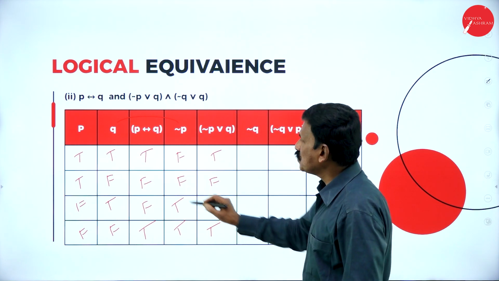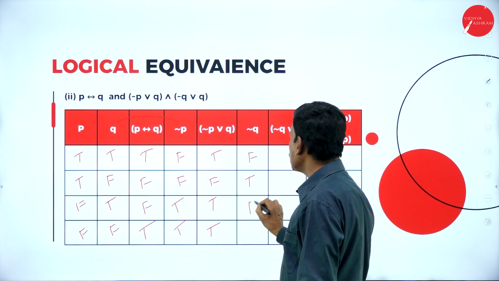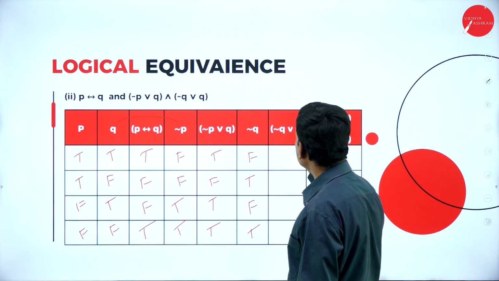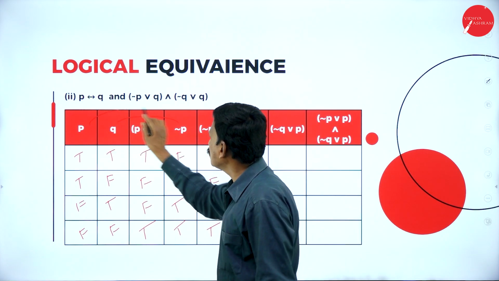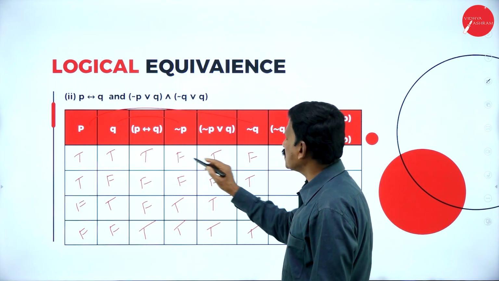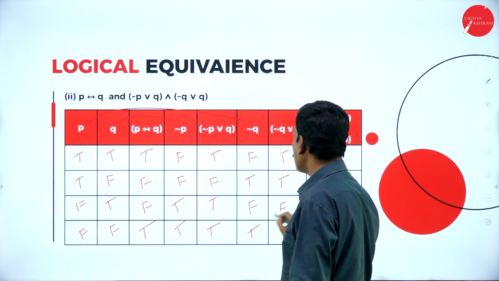Now, negation of Q: for T it is F, for F it is T, for T it is F, for F it is T. Then negation of Q disjunction P, these two. For this we are going to write the disjunction. So, false and true is true, true and true is also true, false and false is false, true and